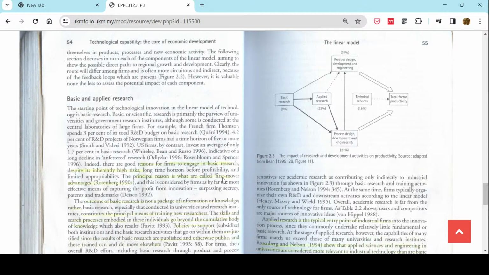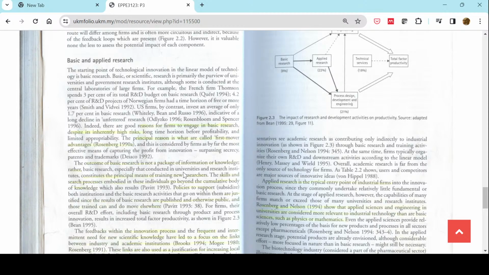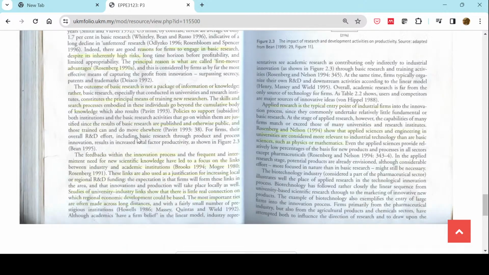The outcome of basic research is not a package of information or knowledge, but rather basic research, especially conducted in universities and research institutes, constitutes the principal means of training new researchers. So government will subsidize basic research, and